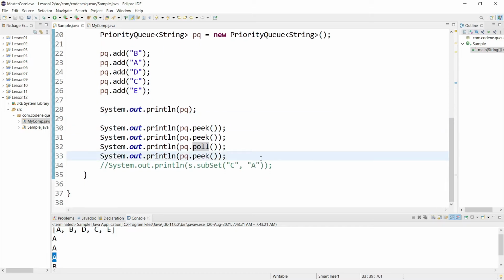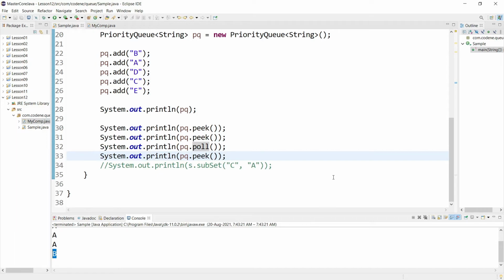And when you run peek the next time, of course it will return you the value B, because now A has been removed from the queue. So that is the work of a priority queue. Iteration is not promised in any order, but peek and poll, the actual methods of the queue, are promised in ascending order.